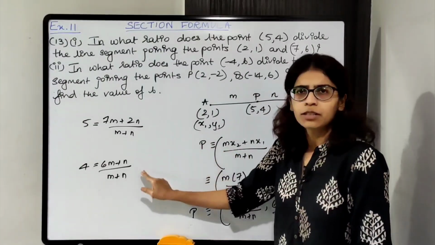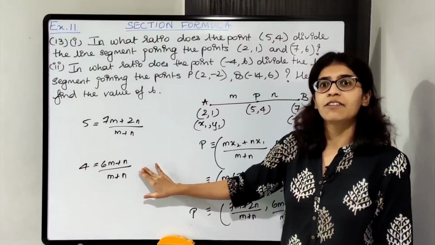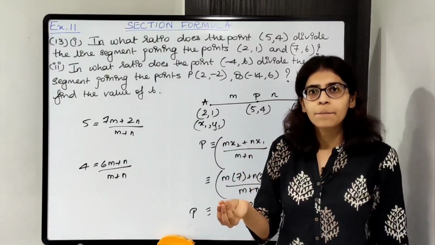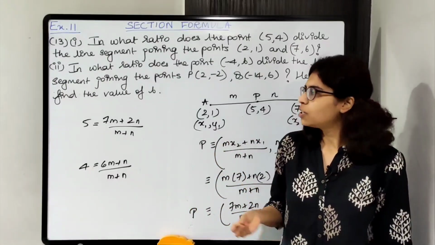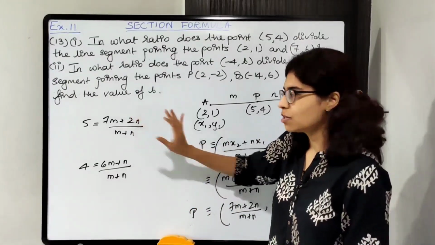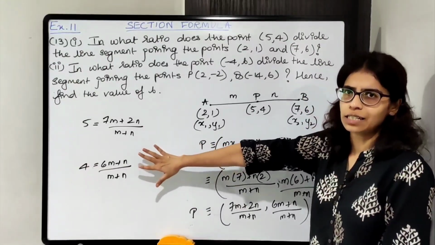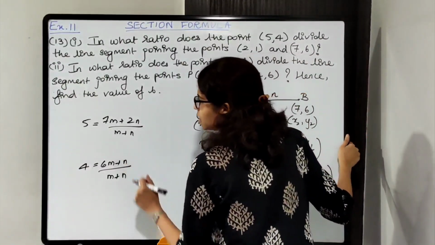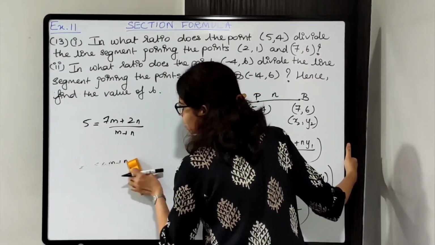कोई भी एक consider करो, you don't need to consider both. Any one you will consider and find out the ratio of m is to n. Okay, ratio of m and n you have to find out. So how will you solve this? पहले ये consider कर ले. Any one you can consider students, you will get the correct answer. So I'll consider the first one. अगर ये consider किया, so how will we get the ratio?